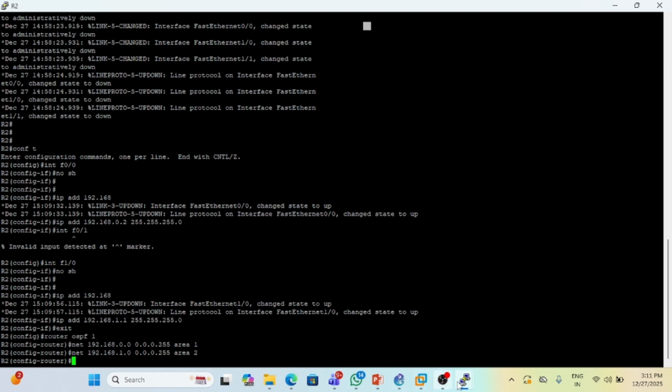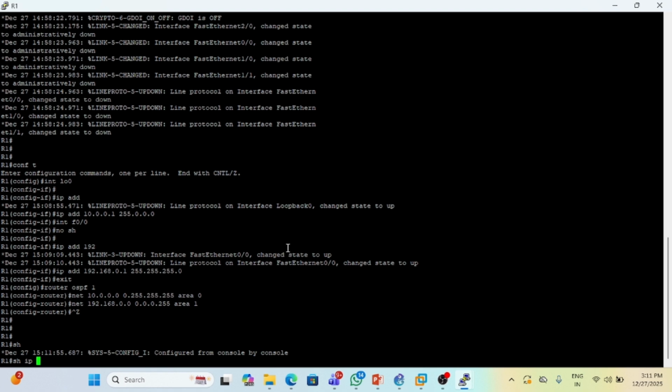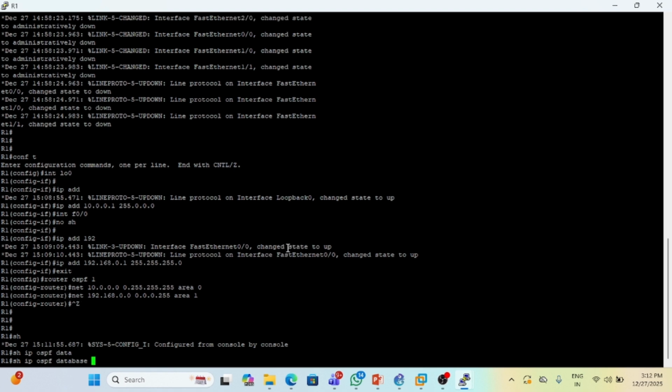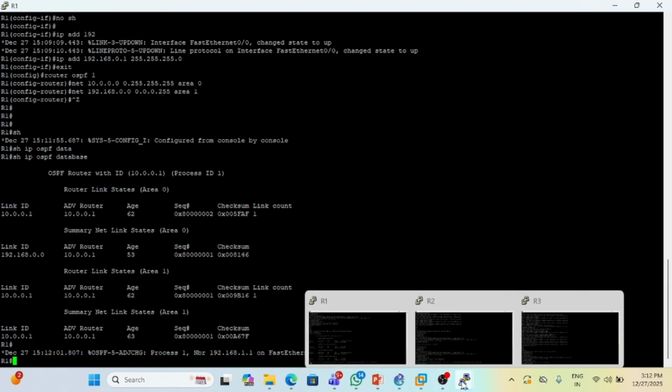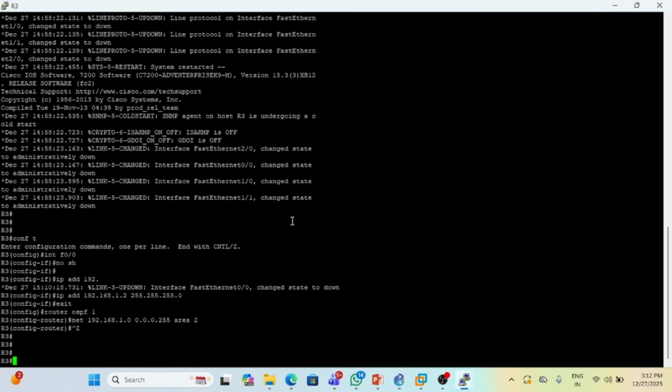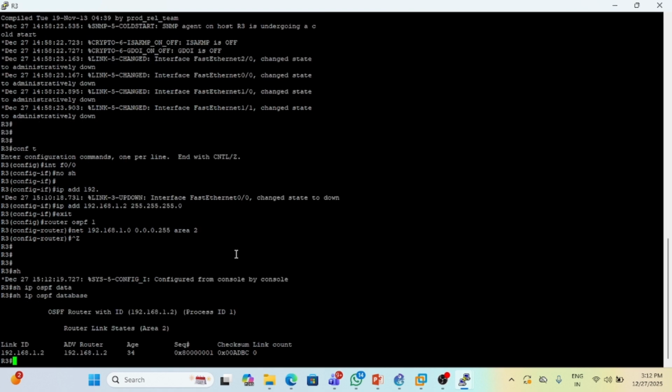So we have configured the OSPF. You can see that on R1, if I use show IP OSPF database, you will see all the database related information, and also the OSPF route is loaded. You can see the type 1, the summary net link, type 2 LSA, all these things. You can also go to the R3, show IP OSPF database. This is router,